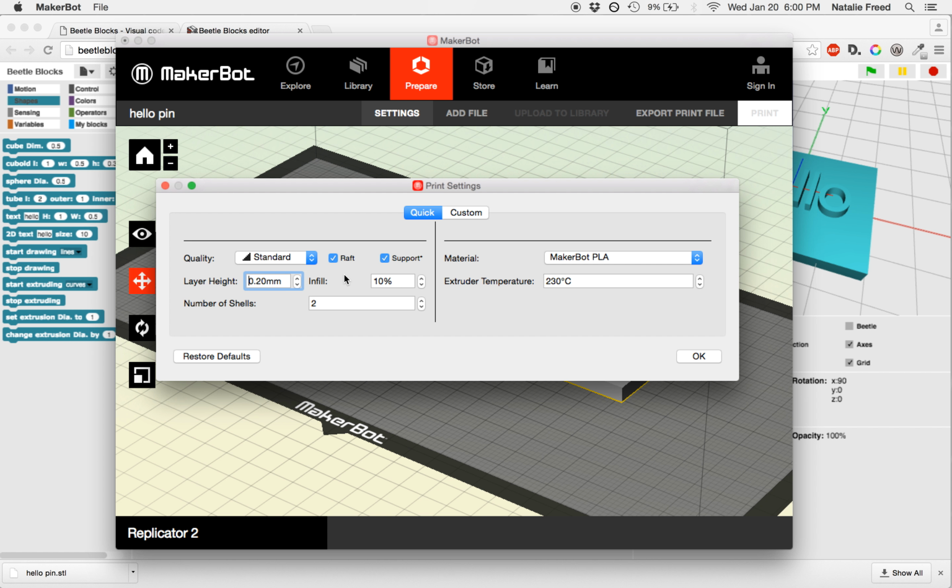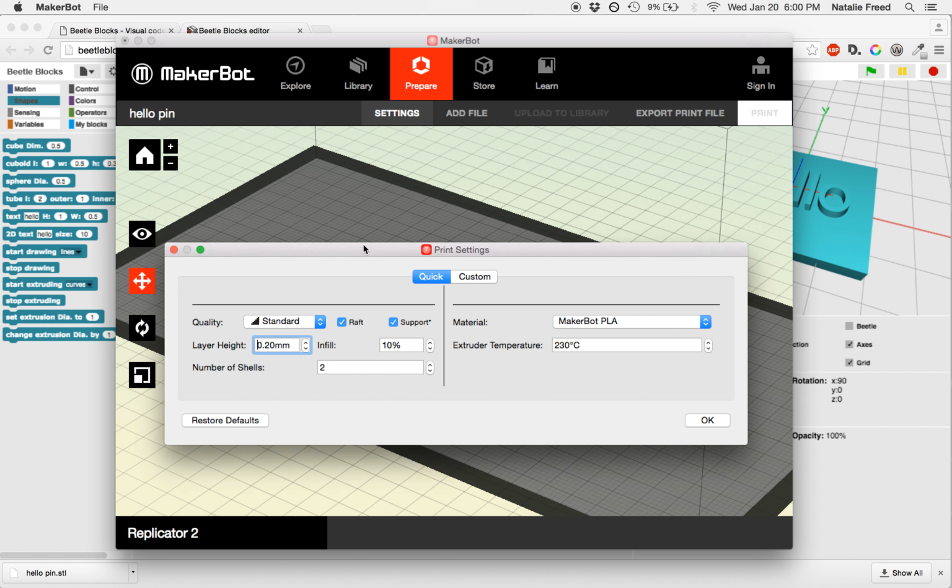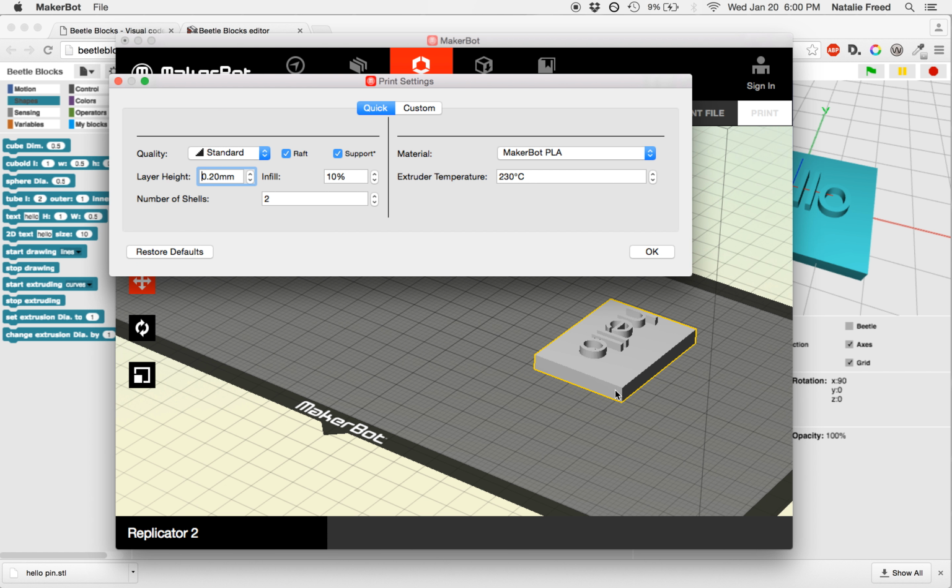That seems great. Raft is going to build a plastic platform under your actual piece that creates a flatter place for it to stick. I don't think this one really needs one because it's such a flat piece, but I'm just going to leave that checked. It doesn't take very long, and it tends to make things look nicer. And then support would build up support material if there was anything overhanging. And some things just aren't possible to print, but this will do a really good job for a lot of things. I'll check that, but I doubt it's actually going to build any support because, again, this is such a flat, straightforward piece. There's no